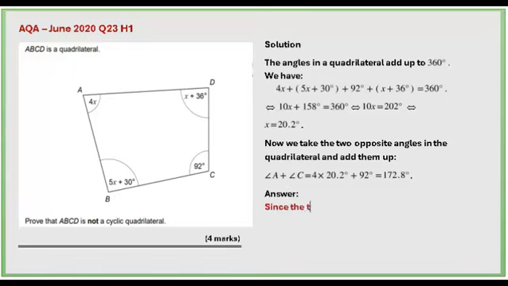Therefore, since the sum of the opposite angles in this quadrilateral is not 180 degrees, the quadrilateral is not a cyclic quadrilateral. And that is your answer for